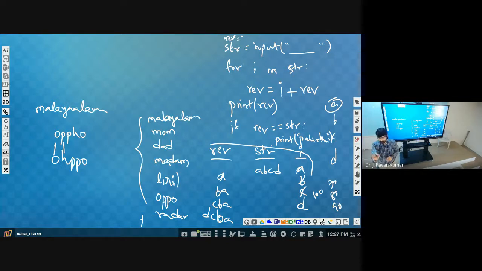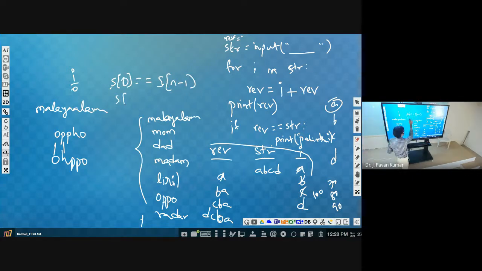So we have to start from 0. The index i we will start from 0, and compare S of i with the corresponding character from the end. S of 0 we compare with S of n minus 1. Next, S of 1 we compare with S of n minus 2.